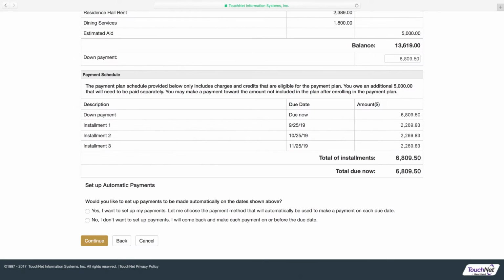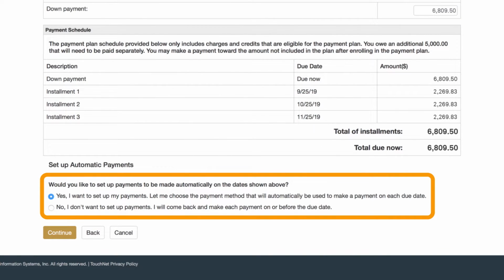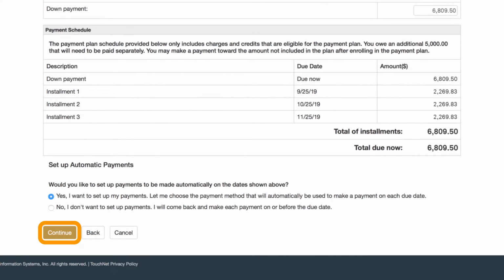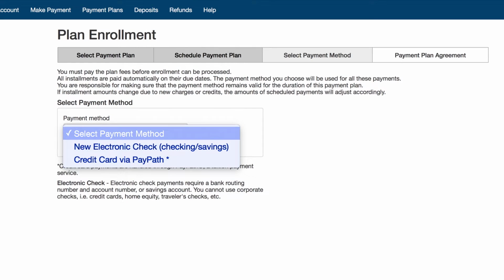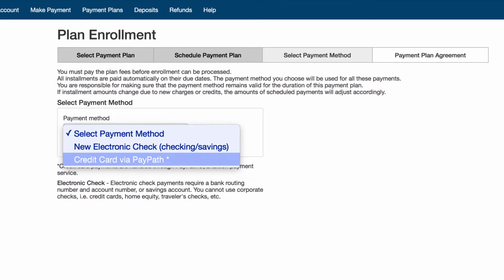to make payments. An easy way to make payments is to select Yes to set up automatic payments here. The method for automatic payments may be updated at any time. There are two payment options: New Electronic Check, which we recommend as it is free of charge; Credit or Debit Card, which incurs a 2.75% convenience fee.